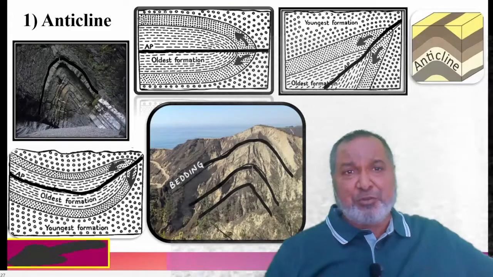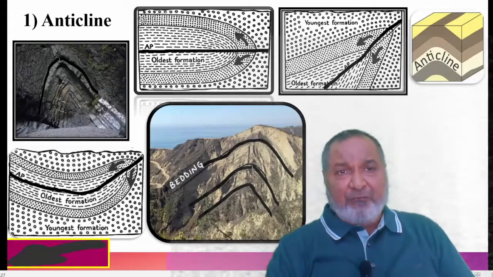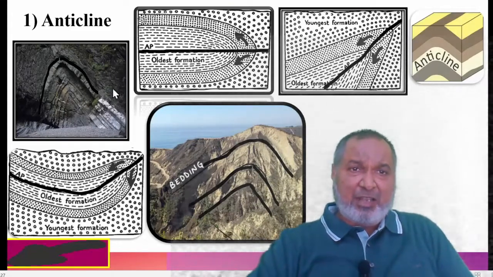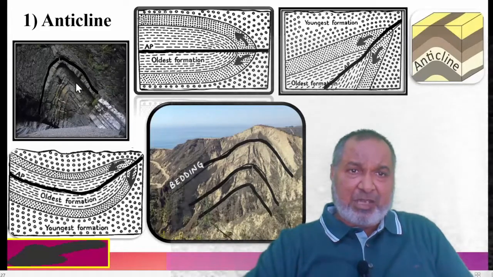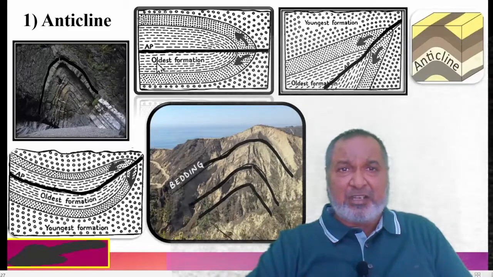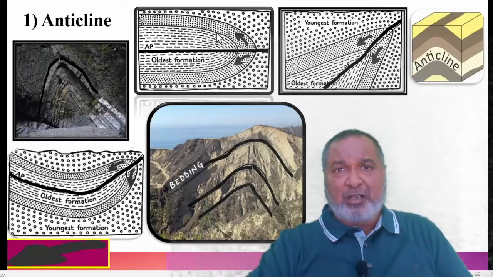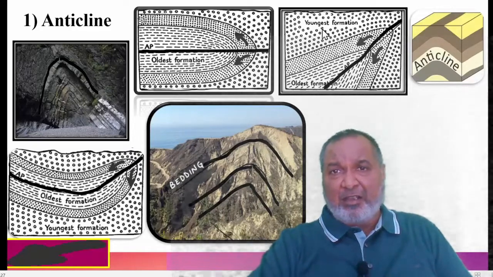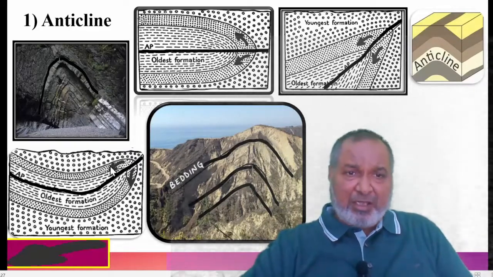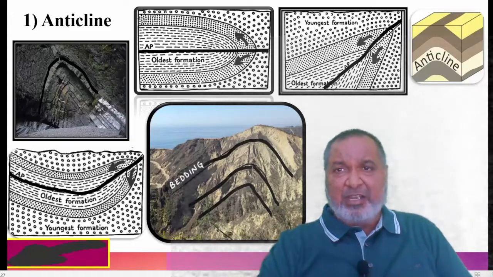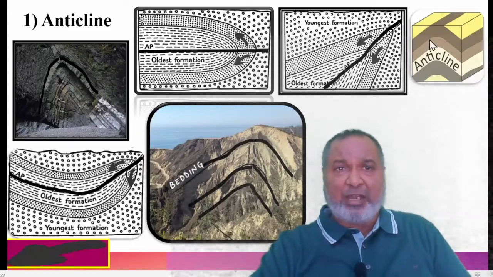Yes, so here we are showing you the diagrams. The photograph is there, and in that photograph you can see this anticline. Limbs are dipping in the opposite direction. In the anticline, the older formation is at the center. Axial plane is horizontal. Limbs are in the opposite direction. Axial plane is inclined. Limbs are dipping. Yes, you can see curvilinear.